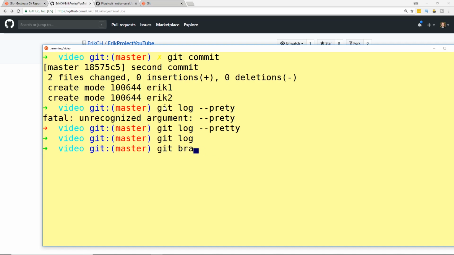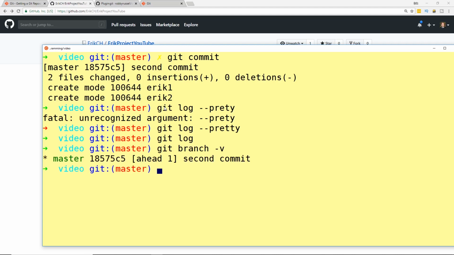I think you can do git branch -v. It tells me some more information about the branch. But if I do -vv,